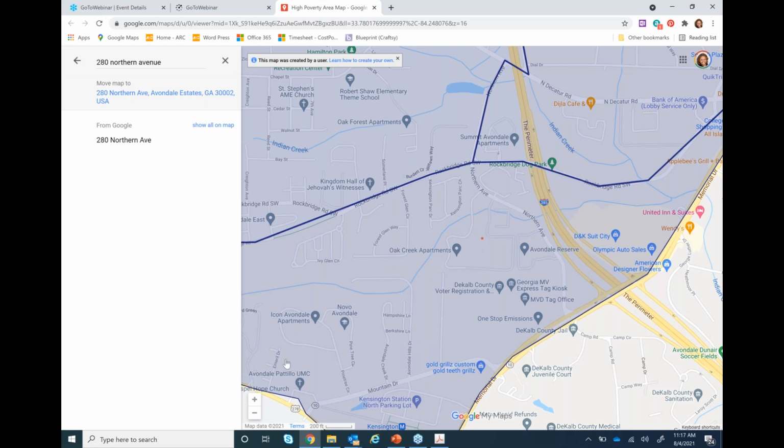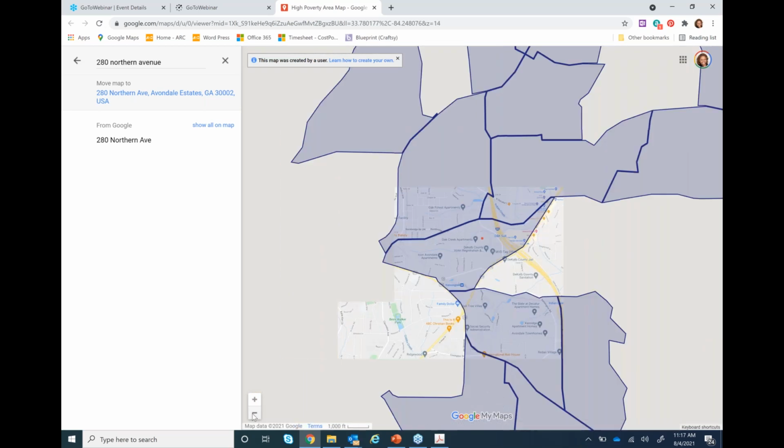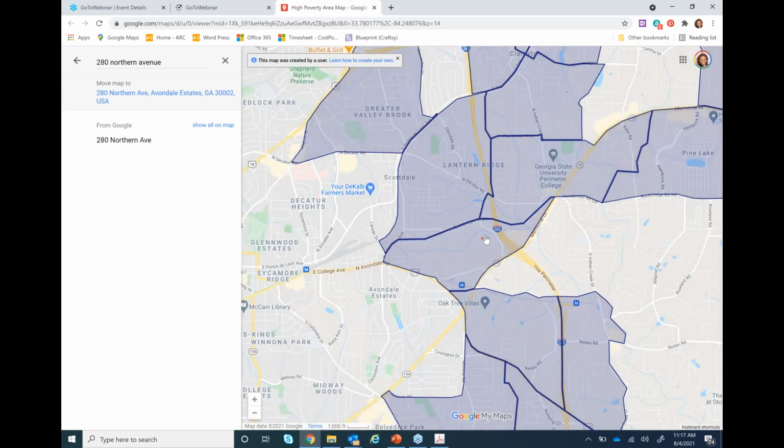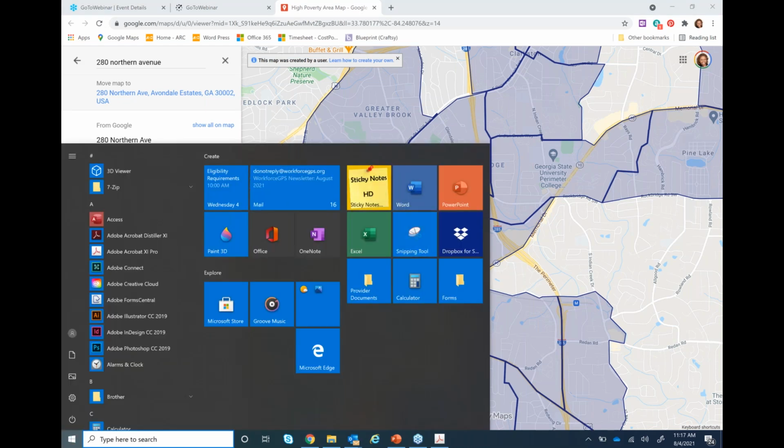Don't zoom out so much that you can barely see the dot, though. Even though I can still see the dot, if you zoom out this much it's fine. The little red dot is the address, and this is clear proof that the person is in the high poverty area. You're going to go to your snipping tool or whatever you use to screenshot, and take a screenshot of the image. We have snipping tools, so that's what I'll use.